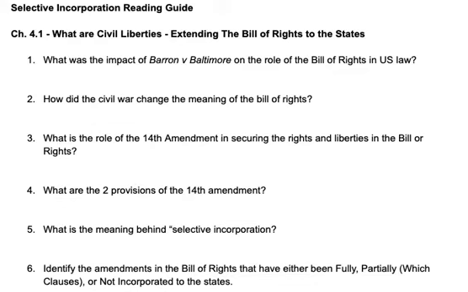to federal laws. As far as the Civil War question here, how did the Civil War change the meaning of the Bill of Rights? The events of the Civil War, the culminative result is that the 13th Amendment is passed and slavery is ended, but you needed to then go on and say, black codes were created in southern states to prevent freed slaves from actually being treated as citizens, and that led to the passage of the 14th and 15th Amendments. The role of the 14th Amendment is that it allows the courts to have a tool now to